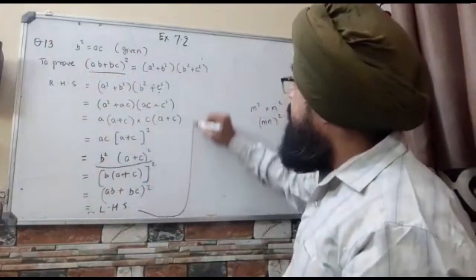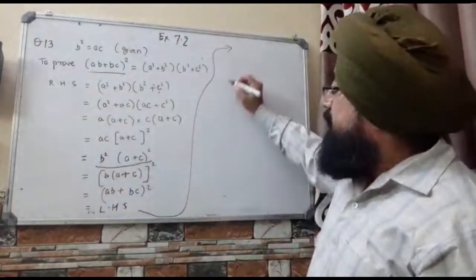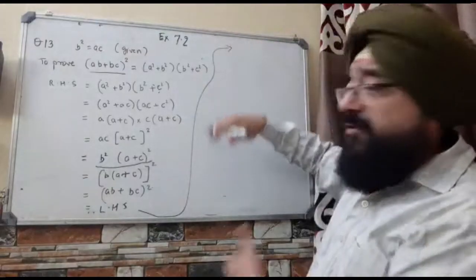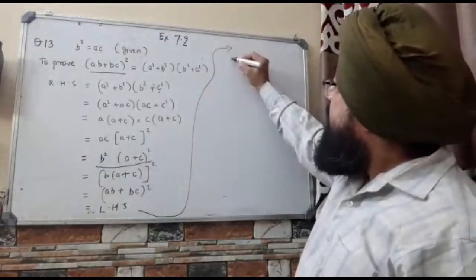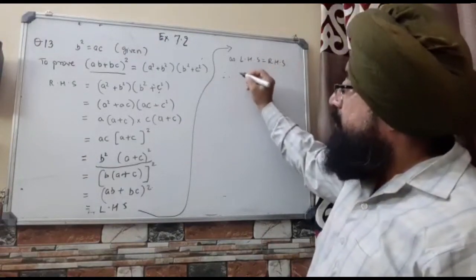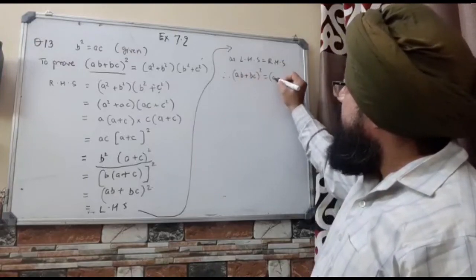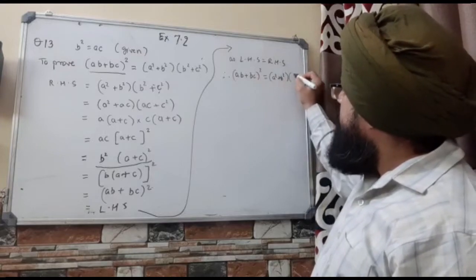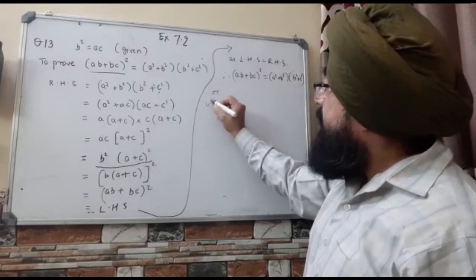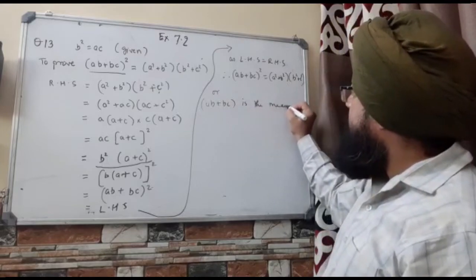So again, your formality, the dream ending of the solution. Sir, I have done it in a different way. Very good, congratulations. I'll just see by screen sharing, but let me finish off. Give it a dream ending. That is, as LHS is equal to RHS, therefore AB plus BC whole square is equal to A square plus B square into B square plus C square, and that means AB plus BC is the mean proportion